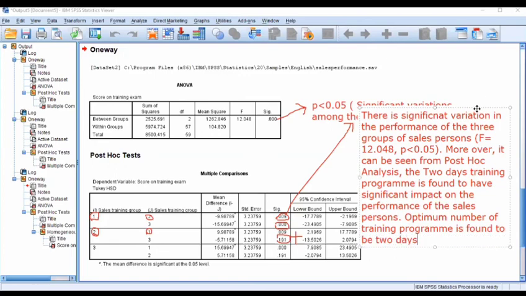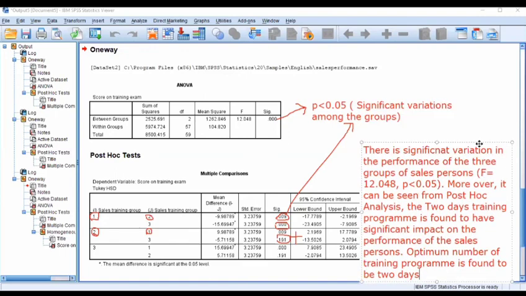So this is how we report this result. I hope it is clear to you how to interpret and report the result of analysis of variance with post hoc test.